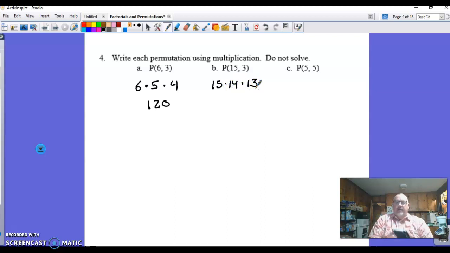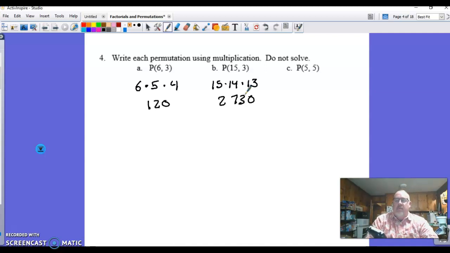So I'll grab my calculator for that one. If you're using a calculator, 15 times 14 times 13 is 2730. That's 2730. But on your calculator, if you're using one of the TIs,